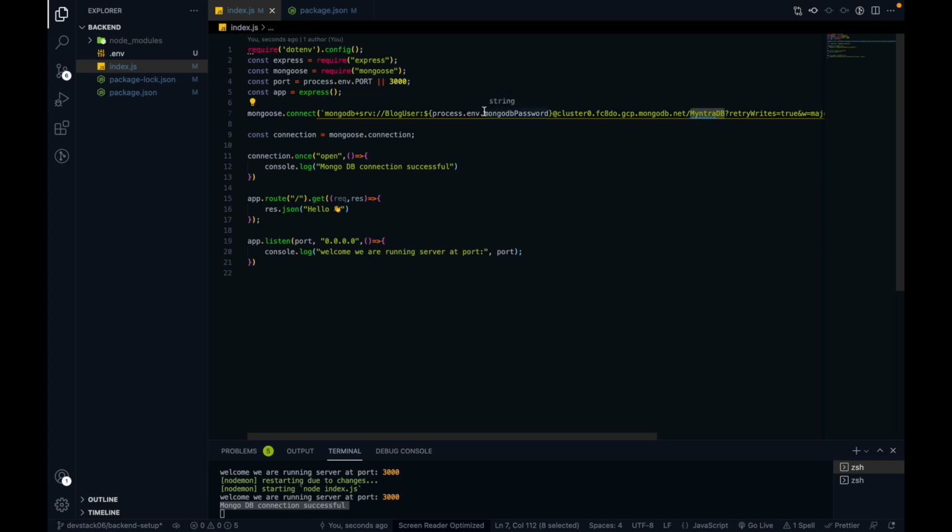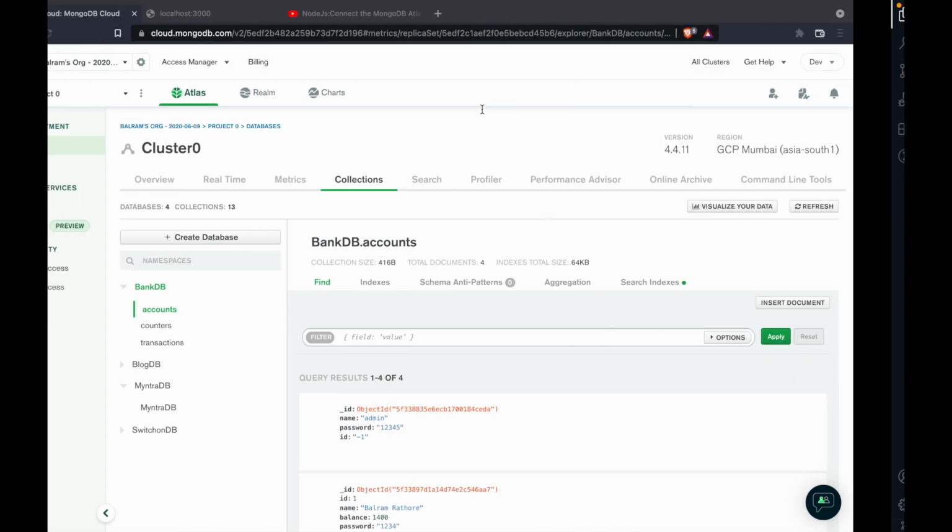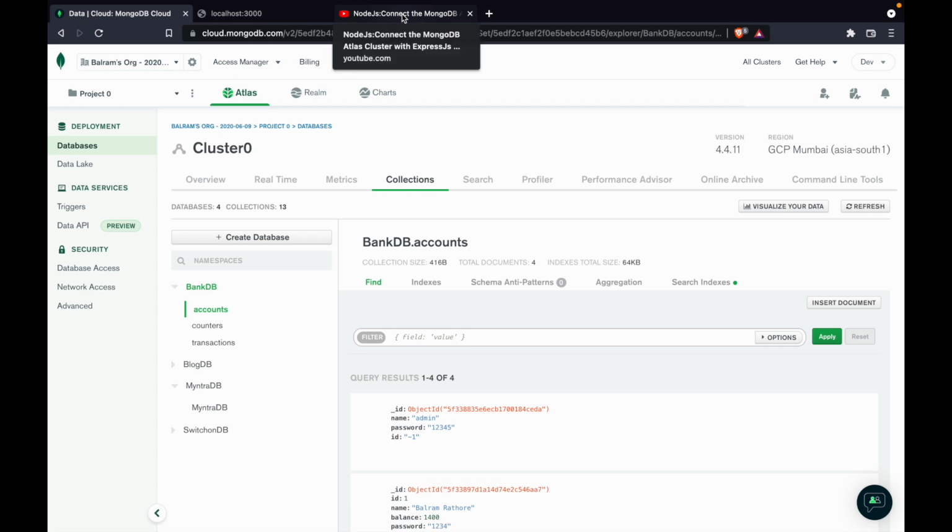Whenever you get an error over here, it means either you are providing a wrong password or a wrong database name. So this is the process of how you can connect your backend server with the MongoDB Atlas server. But please first watch this video and it will help you to understand the connection.